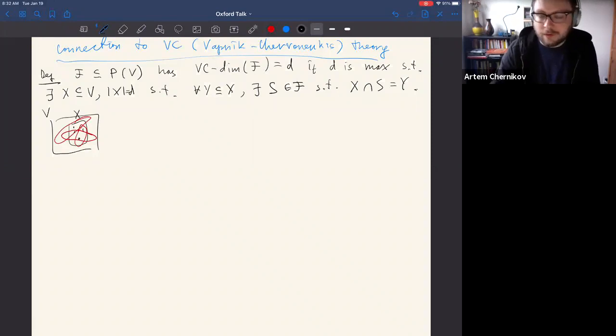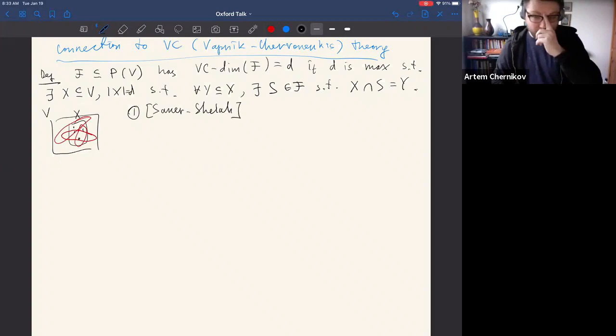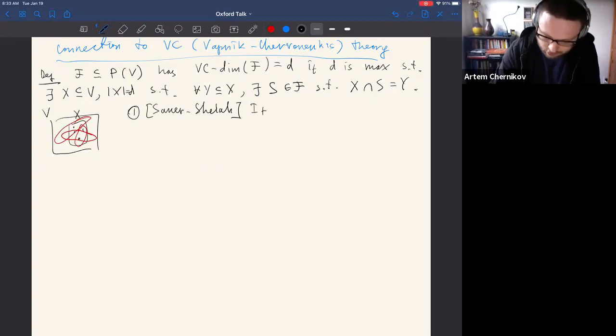Okay. There are two fundamental facts, which are related. I mean, one is used in the proof of the other, but for this talk, the two relevant facts are, first, the Sauer-Shelah lemma, which bounds the number of sets that can be cut out from sets of given size by a family of given VC dimension. So assume we know that the VC dimension is D, or less or equal than D. Then for all natural numbers n, if we take any set X, a subset of V of size n,